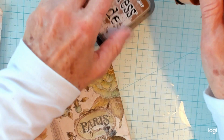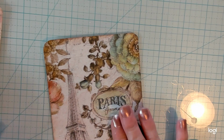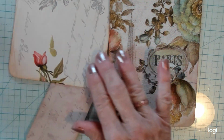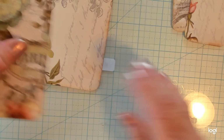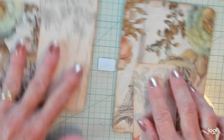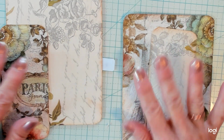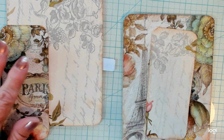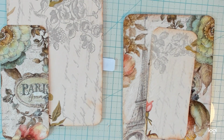All right, now we've inked the corners. Next, let's do some stamping. This one goes with this one goes with this one. I cannot get that mixed up. Let's do a little stamping. What would we like to stamp on here? I know. Let's stamp